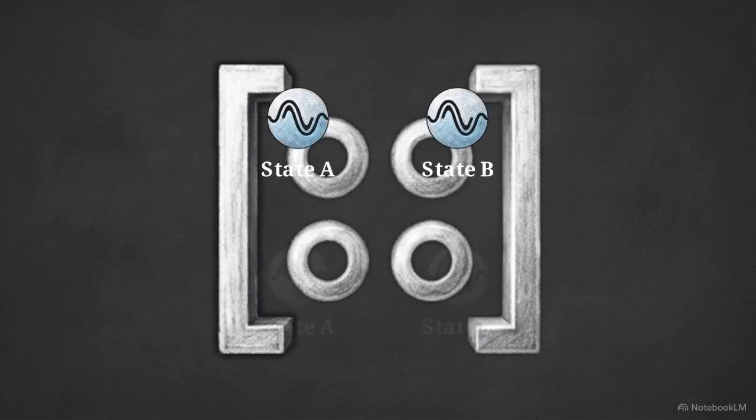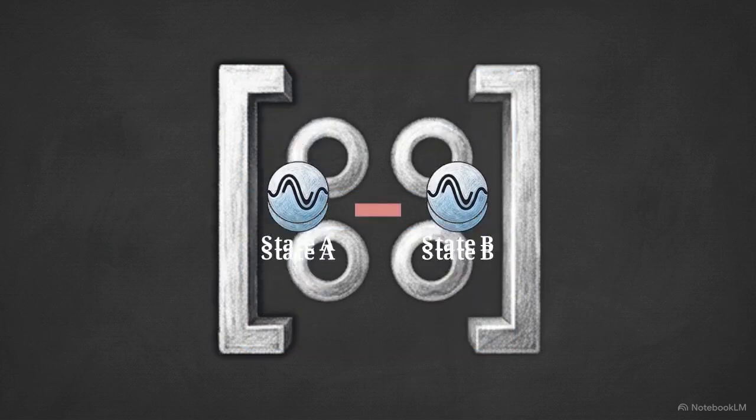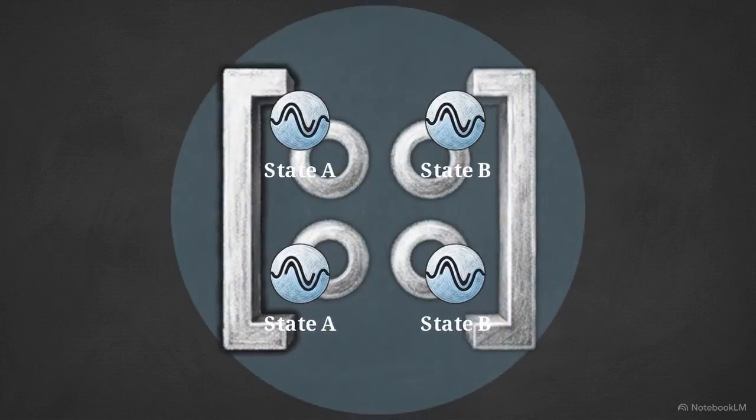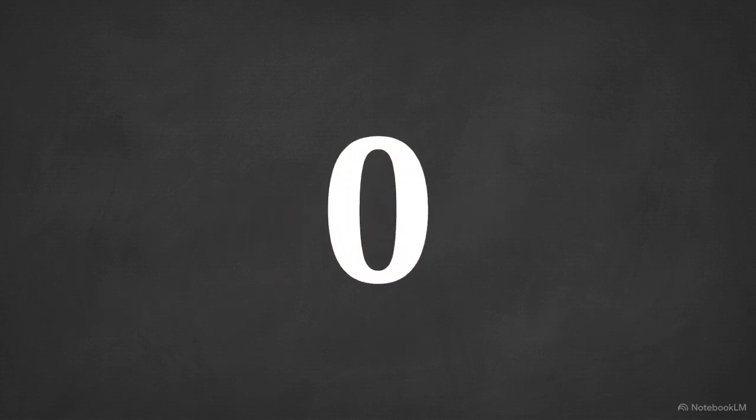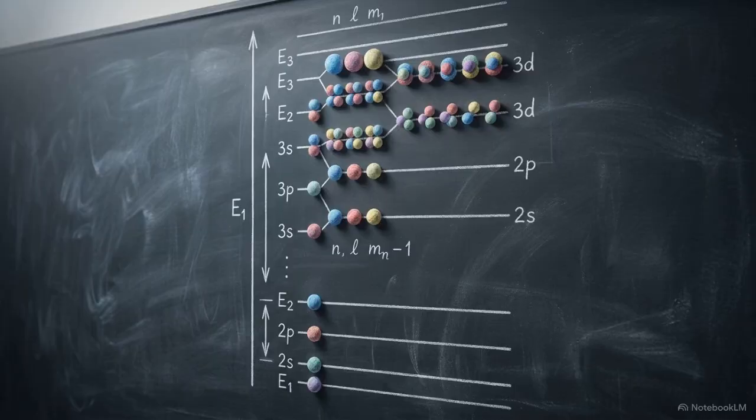We represent this requirement using a Slater determinant. If two electrons share the same quantum numbers, the matrix rows become identical. Swapping them causes the determinant, and the probability of that state existing, to collapse to 0. Without this antisymmetry requirement, every electron in an atom would fall into the lowest possible orbital. The diverse chemical structures of the universe are only possible because electrons are forced into higher energy states.